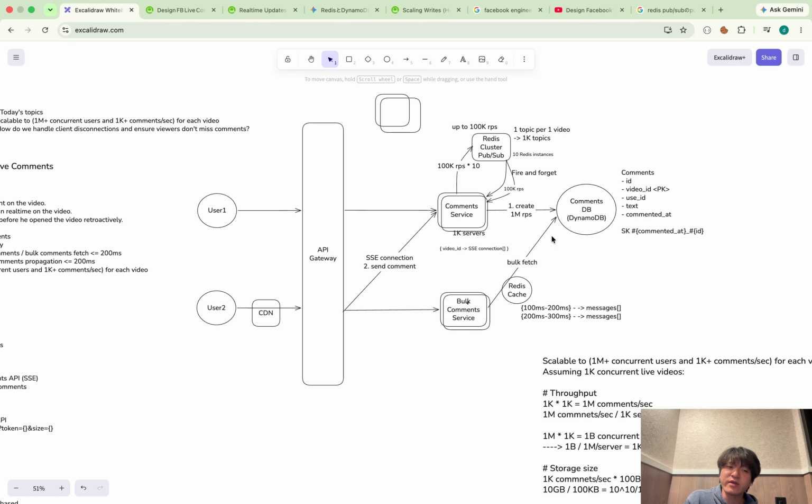In case of Facebook Live comments, even if users make, let's say, 1 million comments per sec for a specific video, those cannot be displayed to the users. Because if we do that, in the user's app, 1 million comments scroll down in a sec. The user cannot read all of them, obviously. So I can say up to maybe 10 or 20, 30 messages per sec is the maximum. We don't need any more data for that.